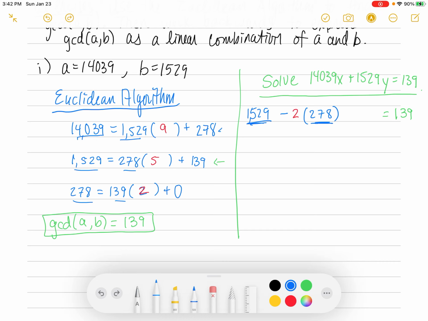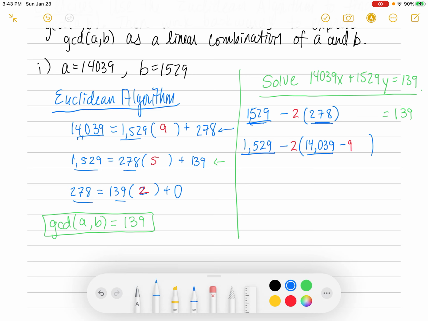So we're going to go to the next equation above the last one we used. So we had one with 139 on the end. Now we're going to go to the one here with the 278 on the end. And we're going to replace 278 with 14039 minus 1529 times 9. So I'm going to leave the 1529 alone, underlined. I'm going to leave the minus 2 alone. And in place of 278, I'm going to put, using that top equation,